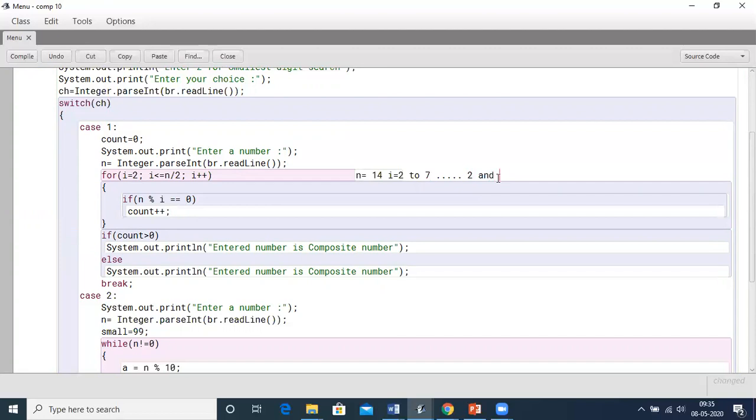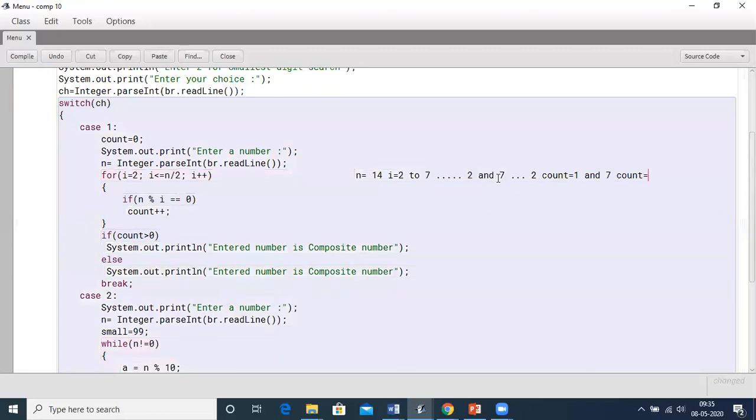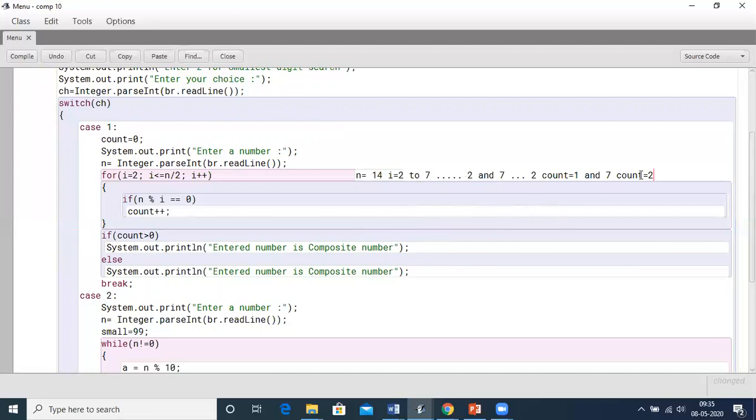So over here for 2, the count will increase to 1, and when we come across 7, the count will increase to 2. So now since the counter is 2, it will check 2 is greater than 0. So the entire number is a composite number. I'll delete this part.